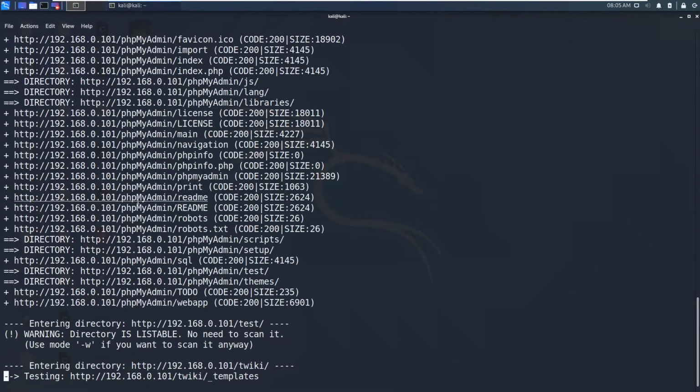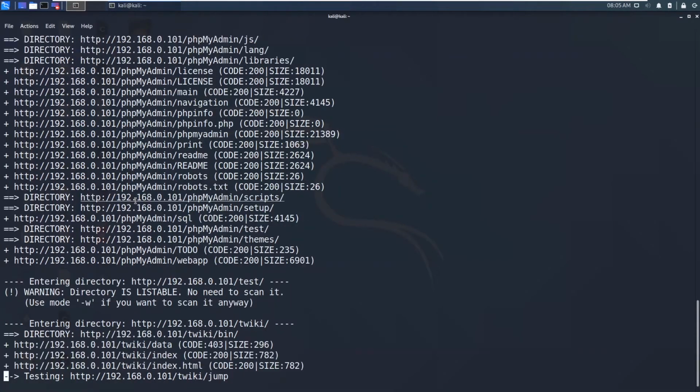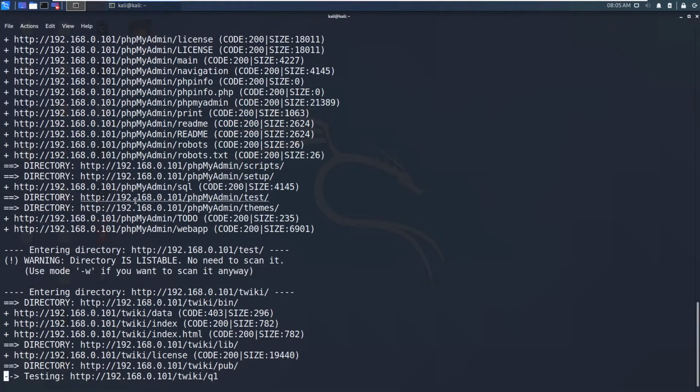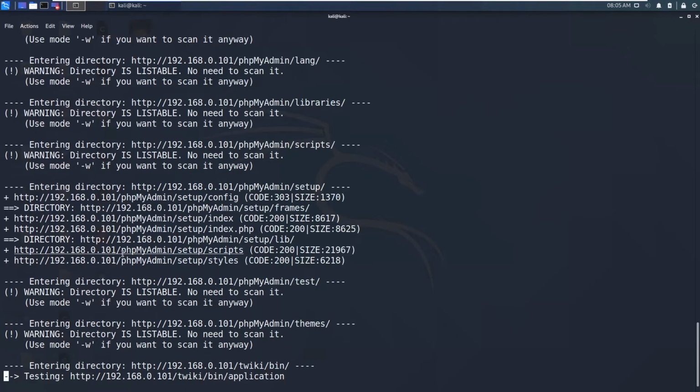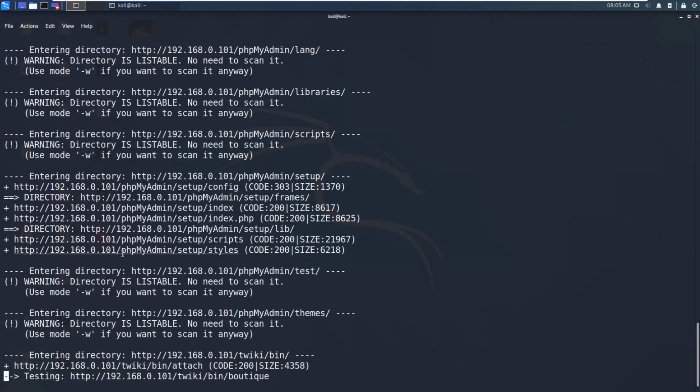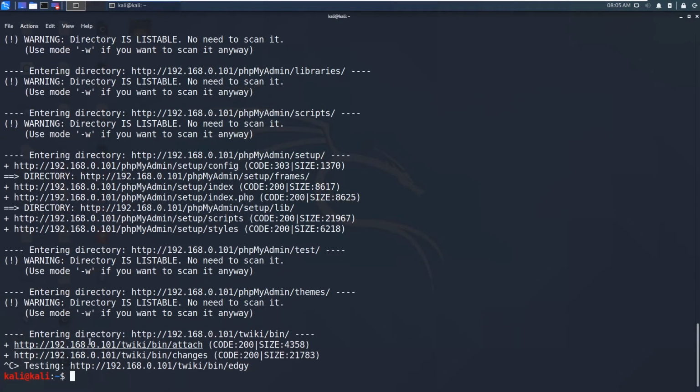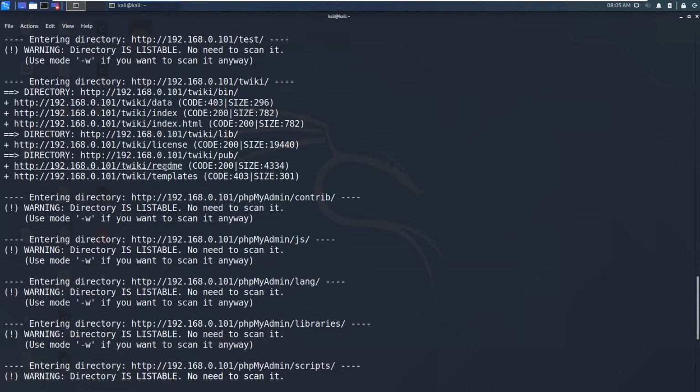With phpMyAdmin you can assume that this IP address, having Linux, can run a LAMP stack, which is Linux, Apache, MySQL and PHP. So you can also assume that the MySQL port is also open. This can take so much time, so I am going to stop it now. You can see here so many files in the directories.